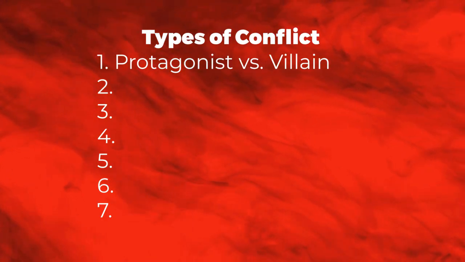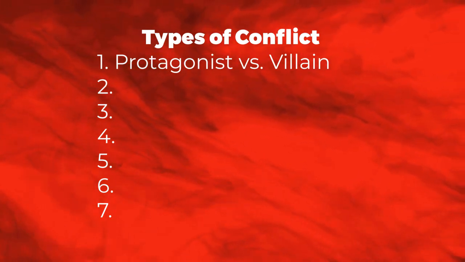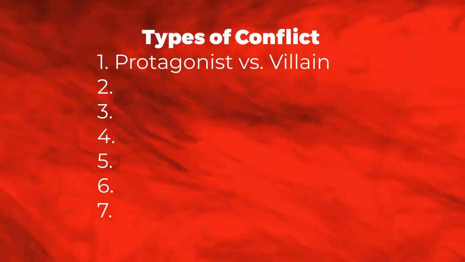And so creating a great villain is one of the 7 types of conflict that will make an amazing story if you write your villain correctly. And here's just a quick few tips off the top of my head. Give your villain some power, tell them why they're doing what they're doing, but also give your villain some wins,